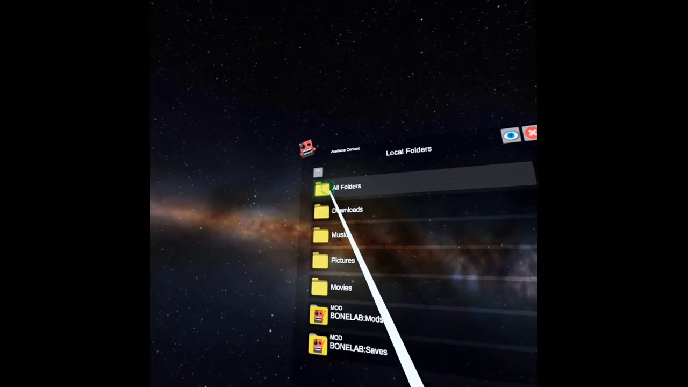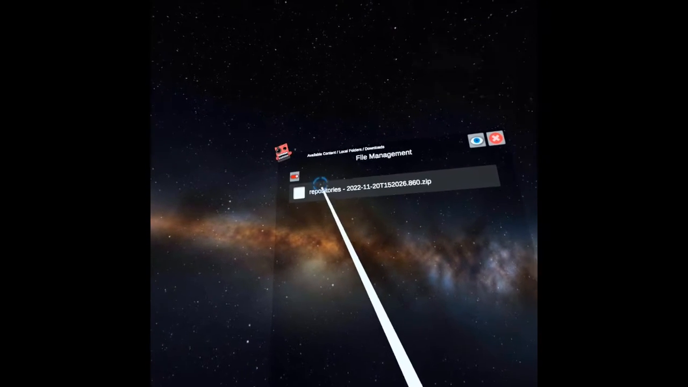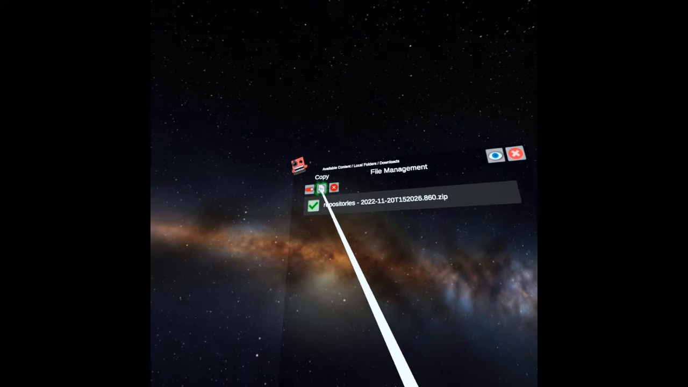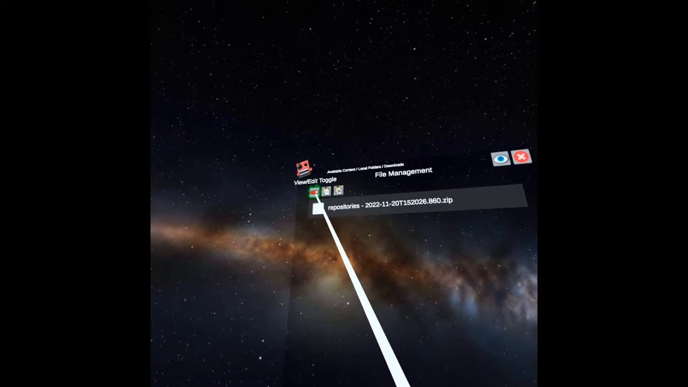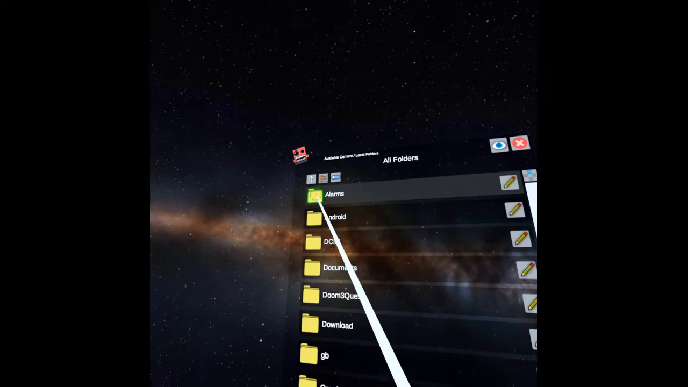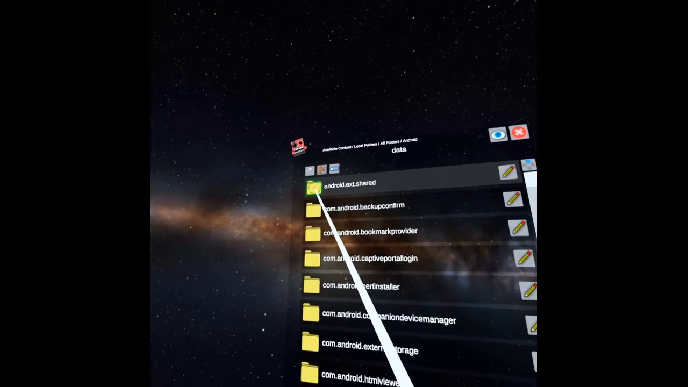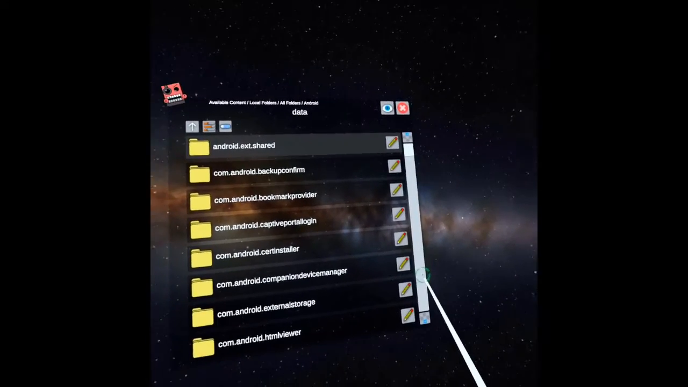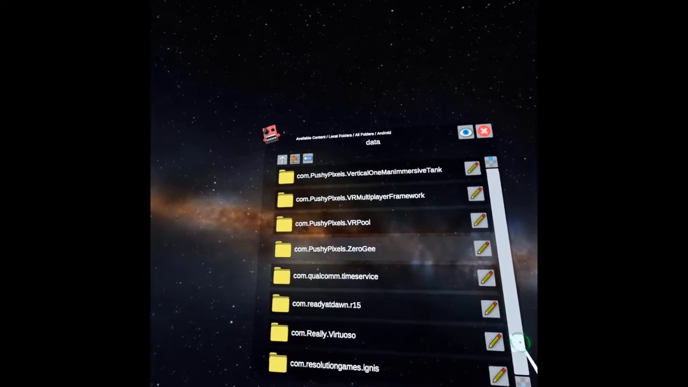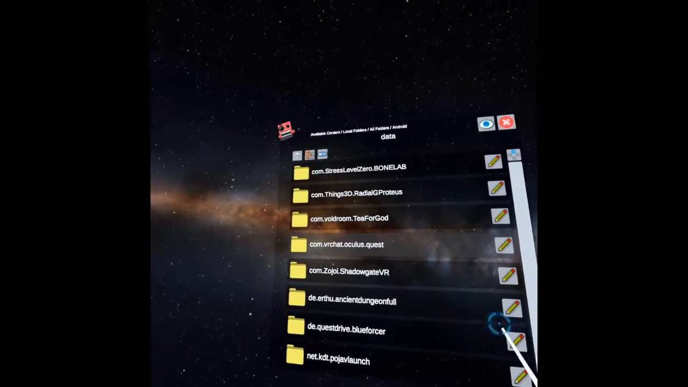And once you've got this nifty little utility opened, you're going to go into Local Files, Downloads. You're going to hit the View Edit toggle here. You're going to click on Repositories. You're going to click Copy. Then you're going to click the View Edit toggle again, go Previous Folder, All Folders, Android, Data, and then you're going to scroll way down. Well, it may not be way down for you, but it's way down for me, to find Stress Level 0. There you go, Stress Level 0 BONELAB,